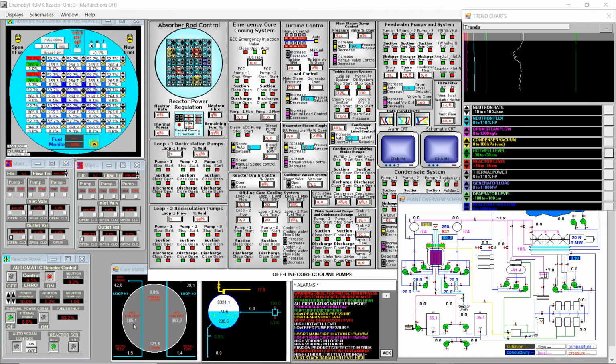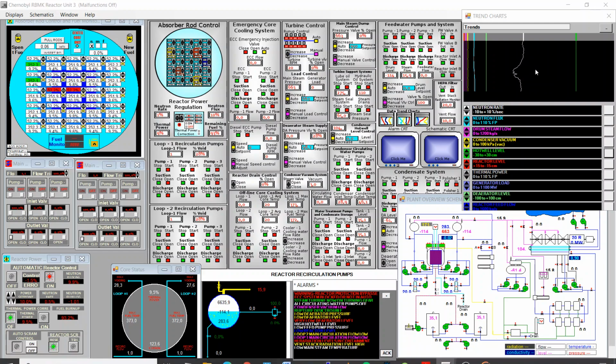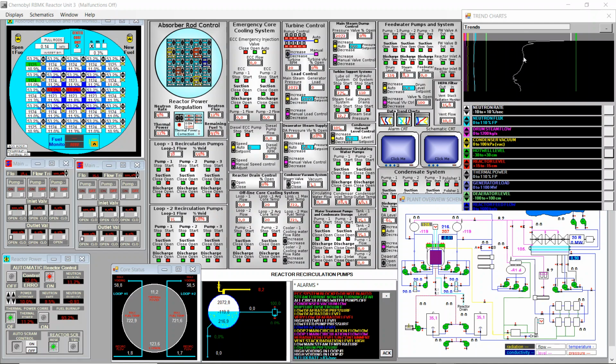The fuel temperature seems to have dropped to 300. Is this reading correct? 300 degrees? It means that water got into the fuel channels. This is catastrophic. Oh my god. Look at the neutron rate. It's crazy. It's out of control. The control rods cannot control it anymore. Look at it. It's just jumping up and down. It's like minus